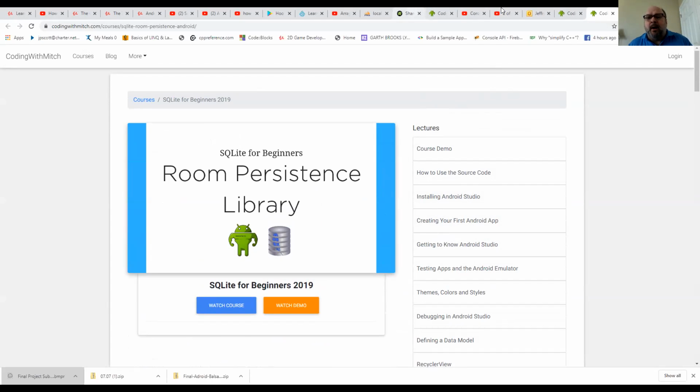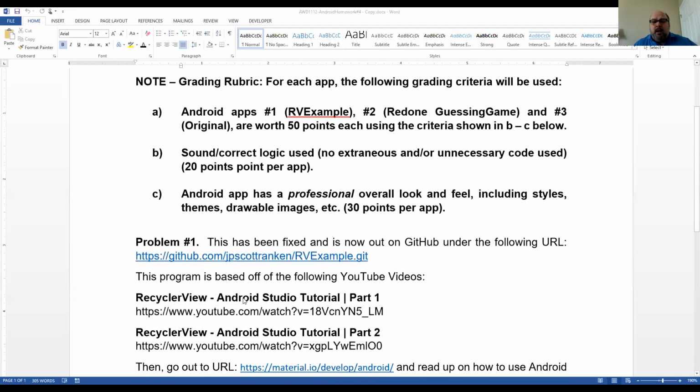The other thing that I wanted to make sure, I know I keep beating the same drum, but I want to make sure that you hear this first. As it says here, you should be getting in the Unit 5 homework, which were those 3 apps. I'm not going to go over them again. We've gone over them before. You can see again what the rubric is for this. And then finally,